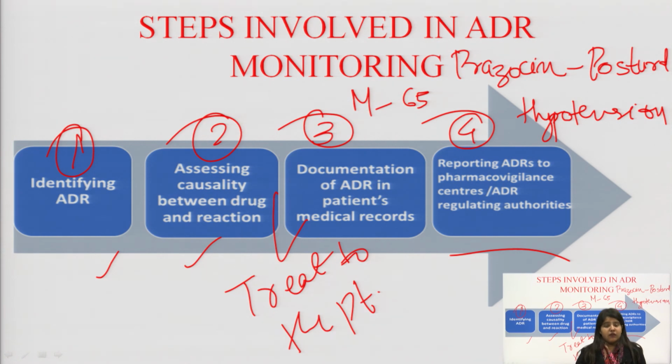That is the severity of the adverse drug reaction. In that case, we do not have that much time to make up the document and send it to the pharmacovigilance center. We immediately place a call. Because of the lethality, because it is very severe, the severity scale is high. So in this case, we send the document, we directly place a call to the pharmacovigilance center, informing them about the severity of the adverse effect that we are seeing, and then in later days we can send in the documentation. It is very necessary, if the reaction is very severe, that we inform immediately so that the steps can be taken, right?